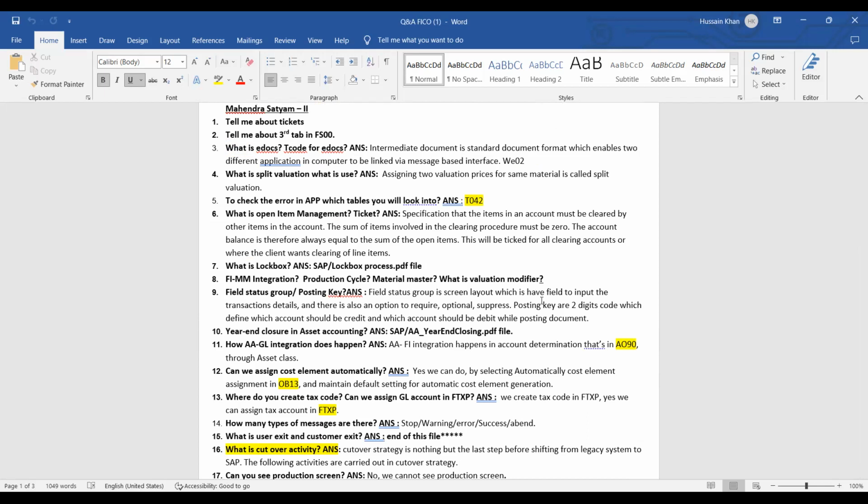At the same time, I would also suggest that when you are learning this question and answer booklet, you also see the practicals of it on the system, so that you have practical knowledge of whatever questions are being asked. This was an overview of the question and answers I'm going to share with you.